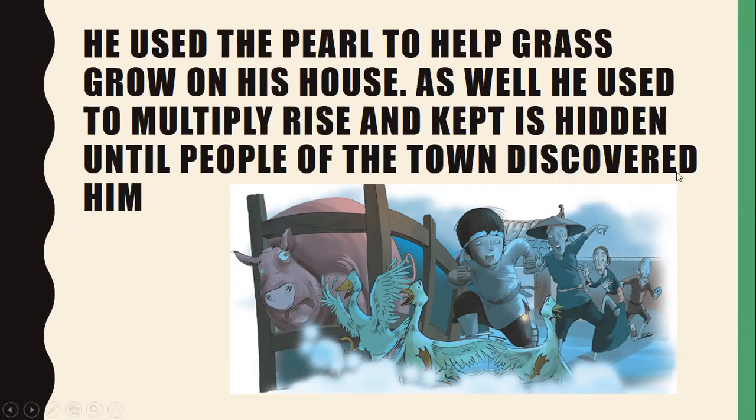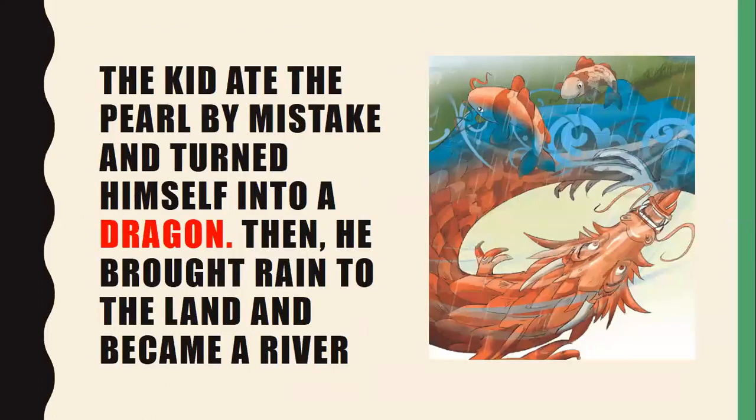From his nose, there was a lot of smoke coming out. And then he discovered that he became the dragon. The people started running away scared when they saw that. And what happened after that is that Xiaolong got the powers of a dragon because the pearl was magical, and he started sending rain to the place where they live.